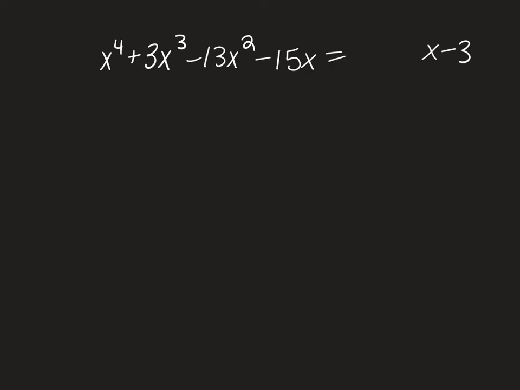Okay, and then for number 3, we have x to the 4th plus 3x to the 3rd minus 13x squared minus 15x. And we know that x minus 3 is a factor. So did you all do it like this, or did you factor out an x at the beginning? Okay, so for this one,